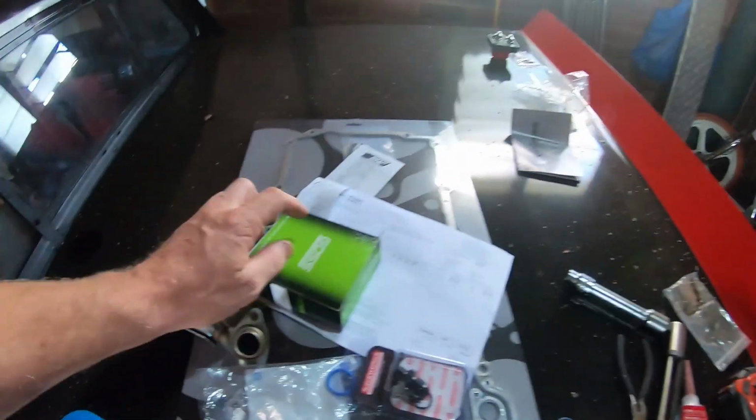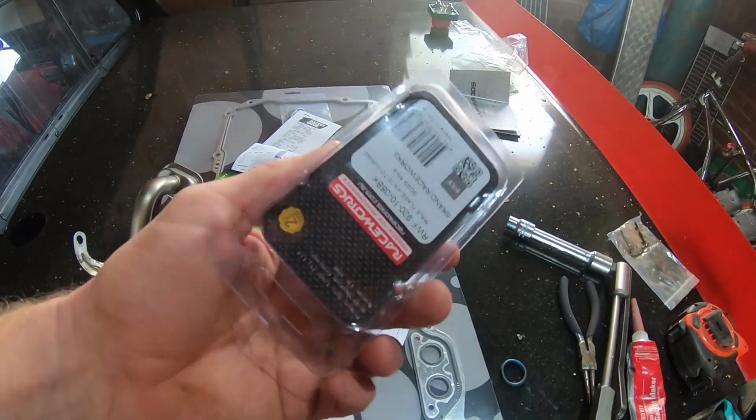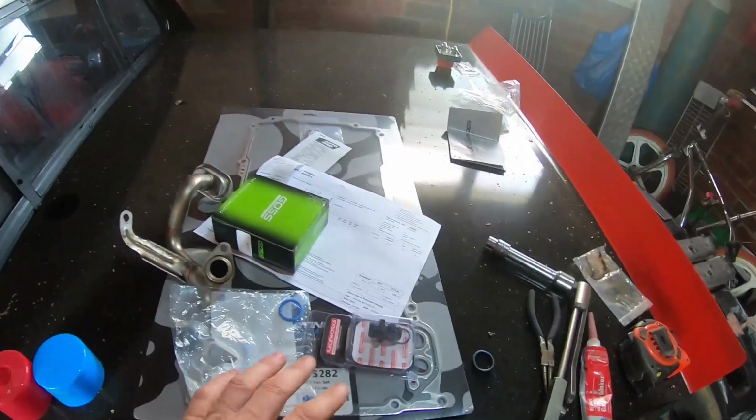Sorry, not sure what happened there. SD card error. So yeah, got the sensor and the final fuel fitting, so I can get the sump back on, pick up in,